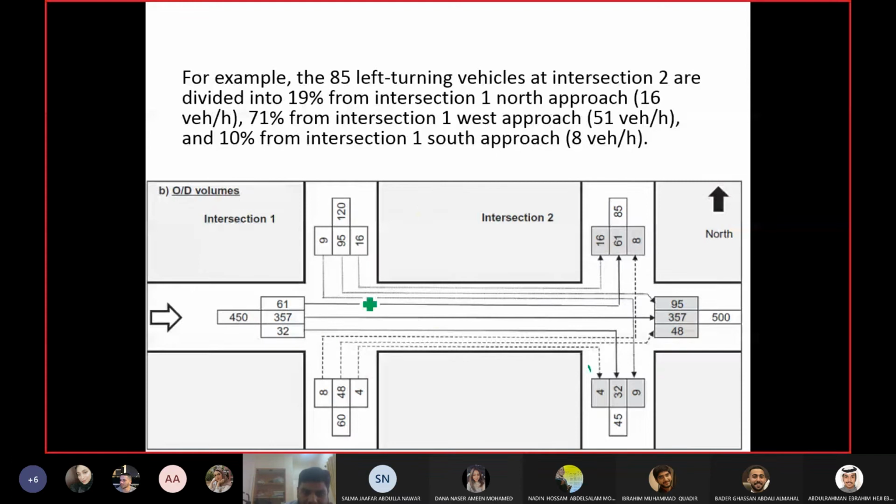Now you can try doing all of them yourself, and if you have any problem, you can let me know. They have given the example about 85 here. It is explained here, and if you want to solve it yourself, then you have the numbers. I think they have made the lines very clearly here, so you will not have any problem knowing which number is coming from which side to the other side.